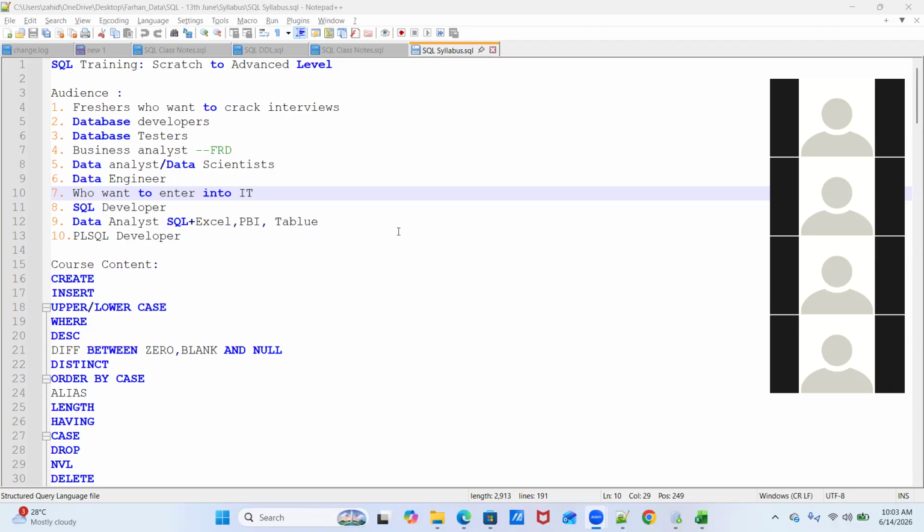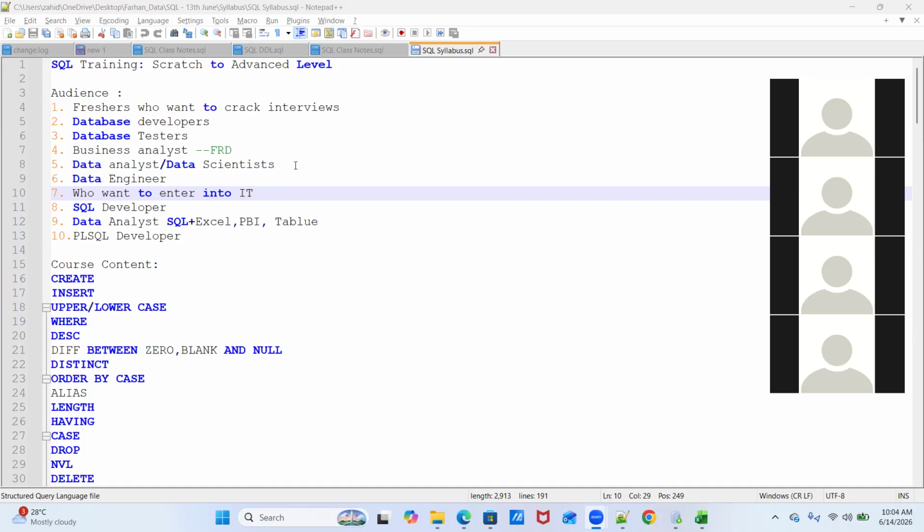So yesterday I missed going through this course syllabus, but I've already shared it in this group. This course is for everyone who is a fresher and wants to crack interviews in IT companies, whether you are a database developer, database tester, business analyst, data analyst, data scientist, data engineer, or even if you are in a non-tech background and you want to enter into IT.